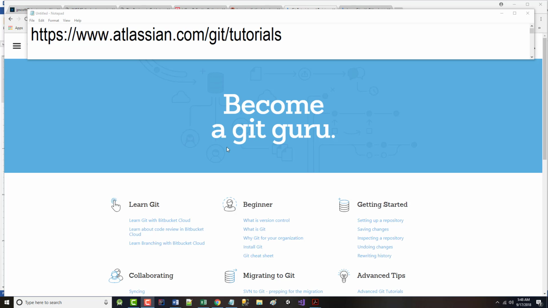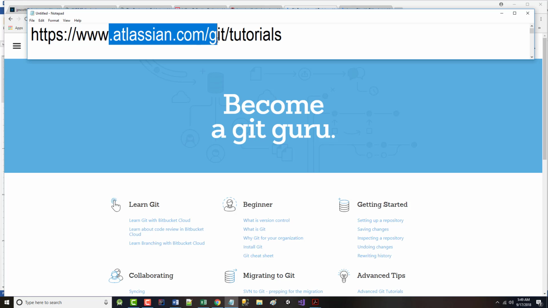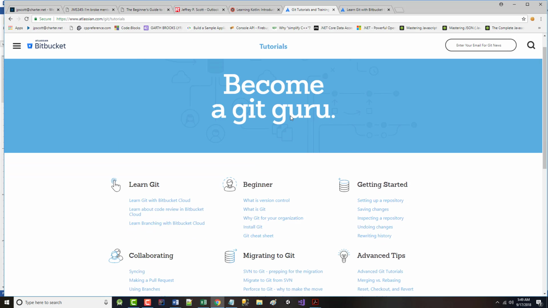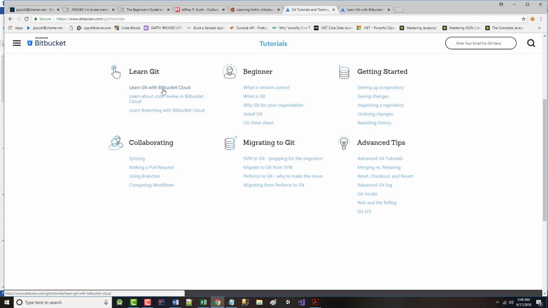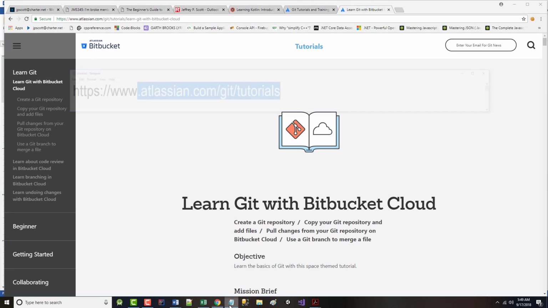Now, before I do that though, if you do go out to Atlassian, hopefully I'm pronouncing that correctly, .com/git/tutorials. You don't need the HTTP, etc. I don't think. This is what you're going to find. Become a Git guru. Notice, learn Git with BitBucket Cloud, learn about code reviews, branching, etc. Beginning stuff, getting started, collaborating, migrating, and advanced tips. Well, I grabbed this Learn Git with BitBucket Cloud, and that particular URL